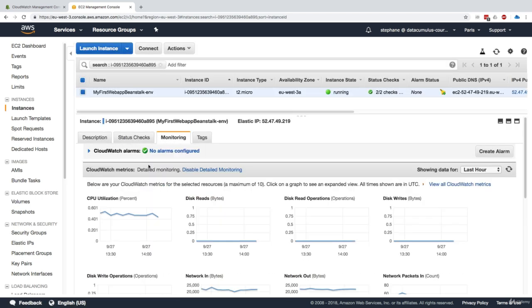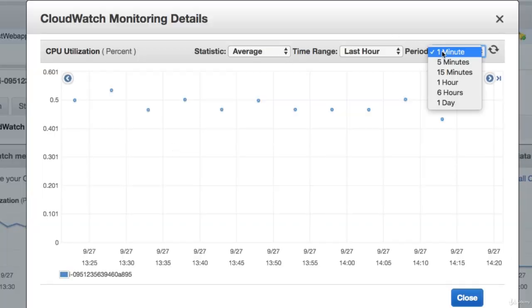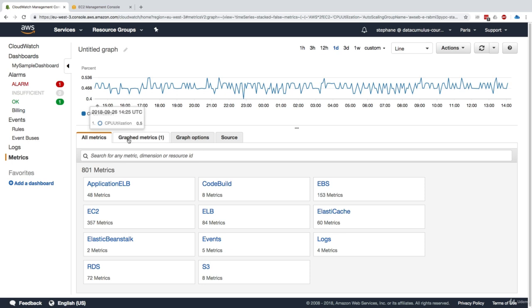And now we go to monitoring, and it says the CloudWatch metrics is detailed monitoring. So we're going to retrieve metrics every 1 minute. And so we can always go back and click here to disable detailed monitoring, but I'll just leave it like this for now. So the idea is that, with detailed monitoring, we're able to have a period now of 1 minute, and that could be much better based on what we want to do. And then finally, if you were to push a custom metric, obviously it would appear in a namespace that you put right here. So there would be a new namespace, and you would just put your custom metrics there.